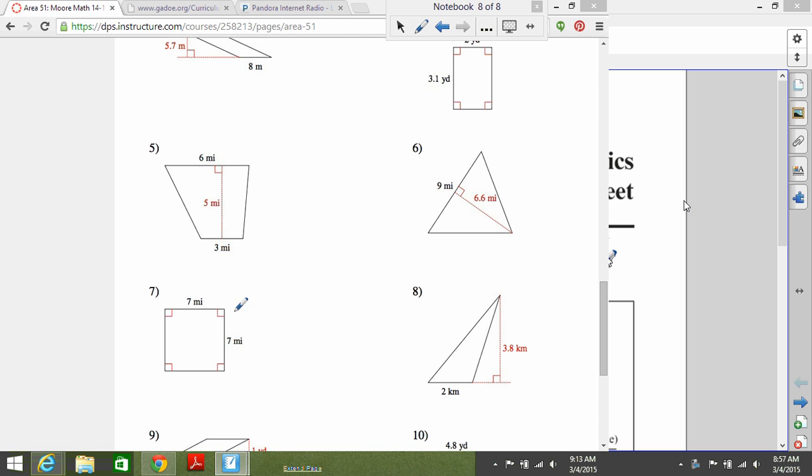Alright, number 7 is a square. What's the formula for a square? Same as a rectangle, right? Okay, so length times width. So A equals